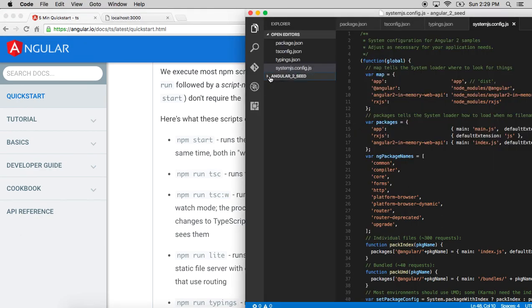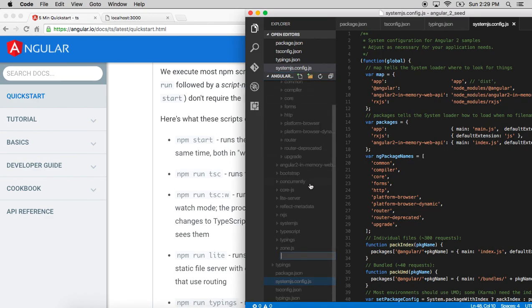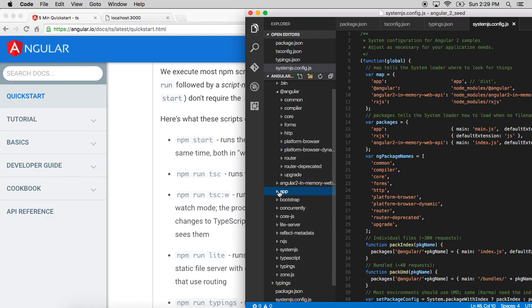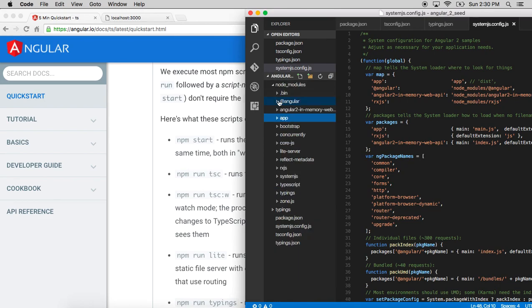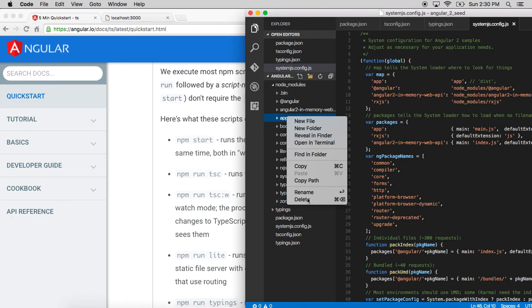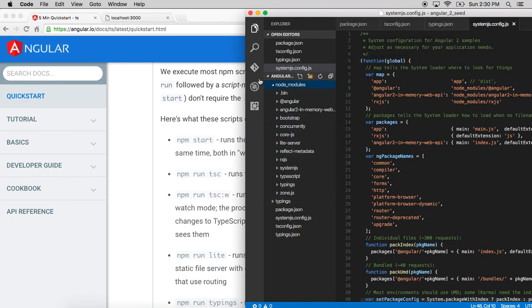So what we do now is we're going to create a folder called app, and inside of this, inside of node modules, we're going to create an app inside of here and just call it, why is it, hold on,